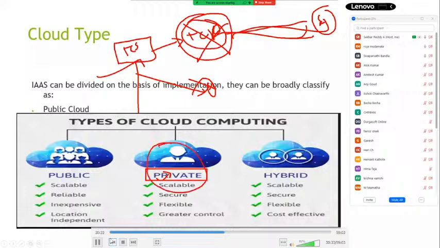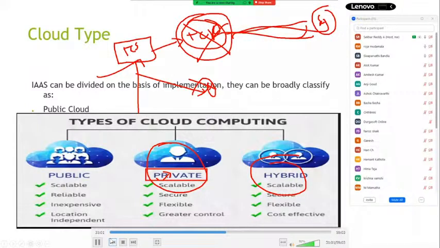Am I right? That is private network. Hybrid, you know, right? The hybrid keyword nowadays in IT, we are asking about the hybrid model. What does it mean? The combination of public and private is called hybrid. In the same way, in generic words, 2 days work from home, 3 days work from office, the combination we call the hybrid model. Am I right?